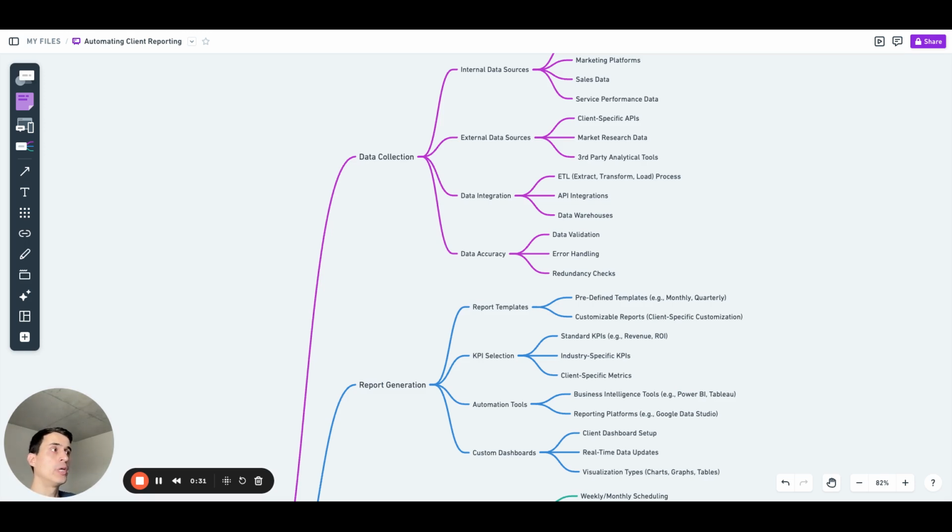So the client reporting is really relevant to any, especially B2B service businesses, because it shows the great performance and the great work that you and your team are doing, right? So, and I know that